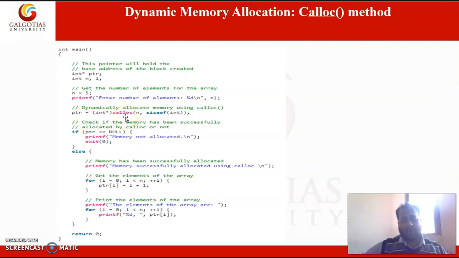So here you can see we are passing two parameters to the calloc function.